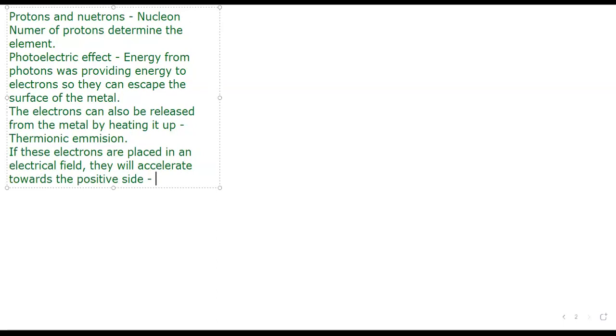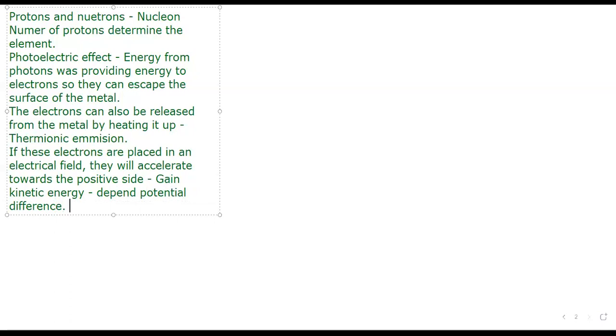How much kinetic energy they gain is going to depend upon the potential difference. What potential difference am I applying? Because it depends upon the electrical force, so it's going to depend upon my voltage. What is the voltage that I'm providing? The greater the voltage I'm providing, the stronger your electrical force, the more they will accelerate,